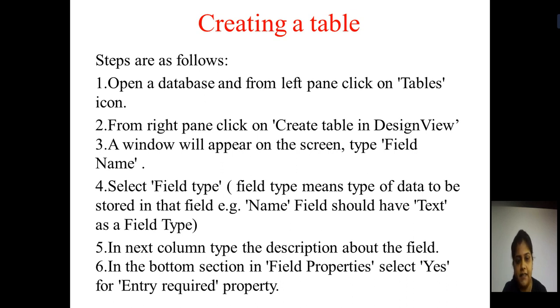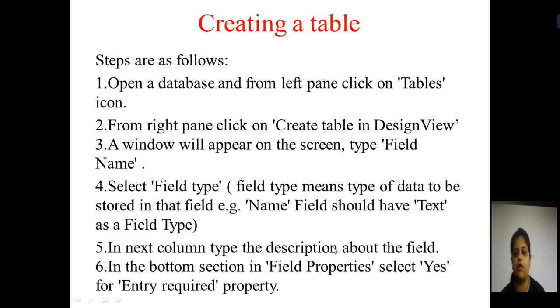After writing the field name, you will have to select the field type, meaning the type of data to be stored. What type of data will be stored in that, that selection must be done with the data type. Then you will have to write the description about the particular field. The column next to the field type is the description column, in which you need to write the description of the field.